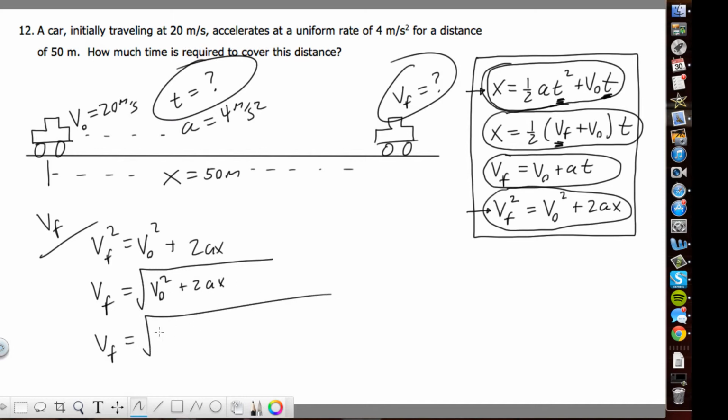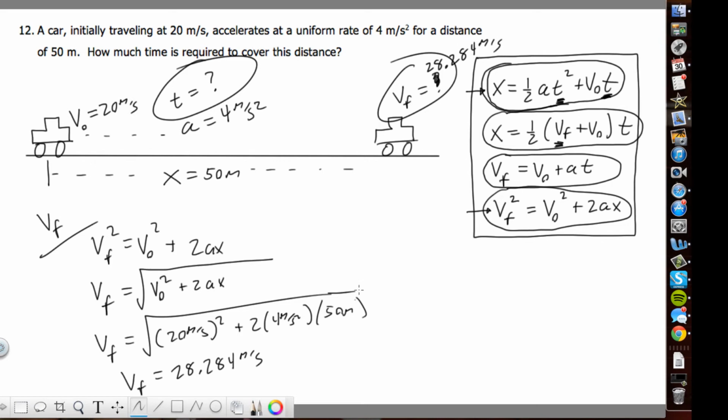So now put numbers in. V initial is 20. Make sure you square that. 2 times the acceleration's 4. And then x is 50. All right, so this is going to give us V final. So that comes out as 28.284. Okay, so we now know what this is. V final is 28.284